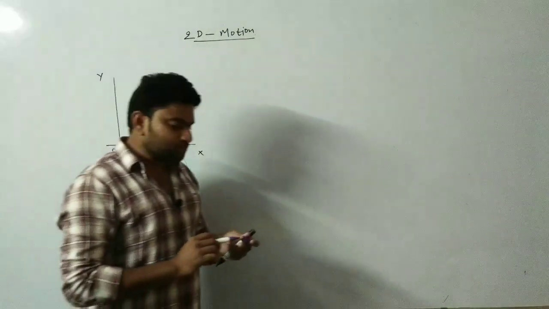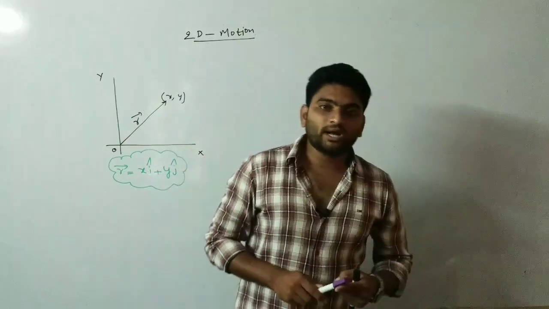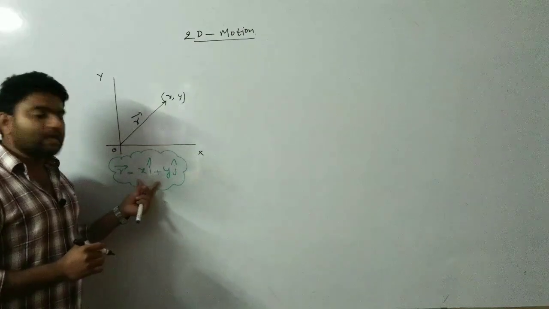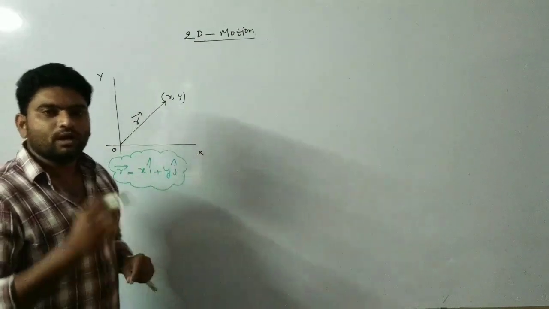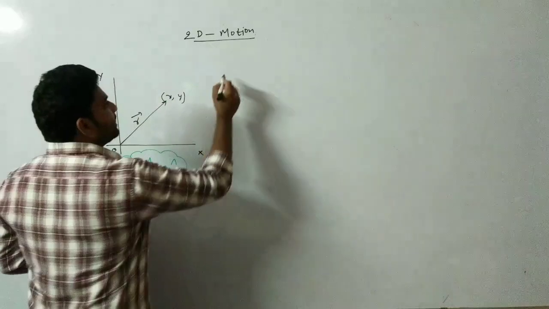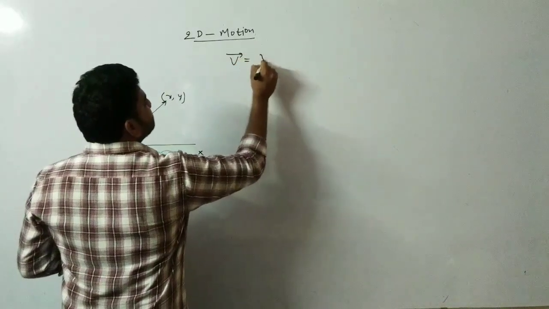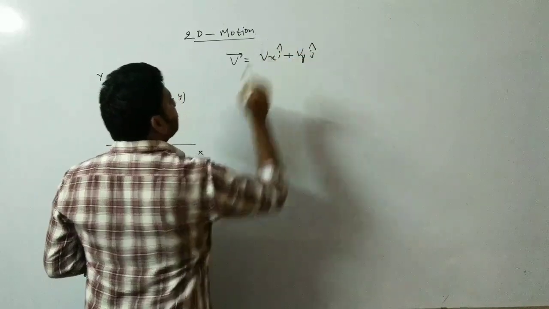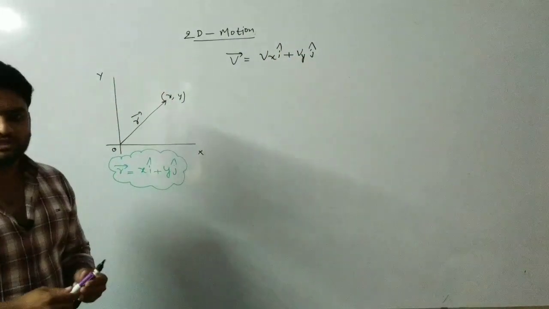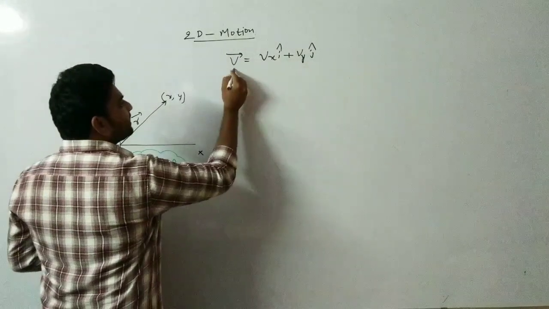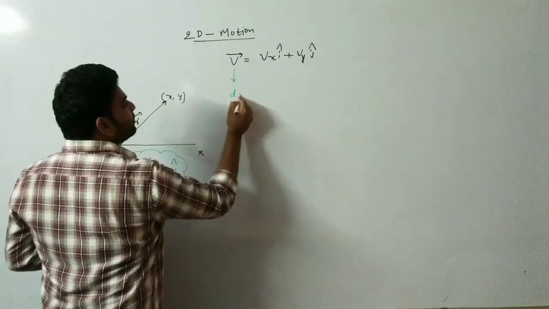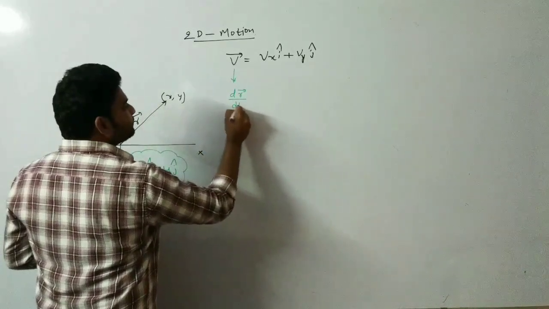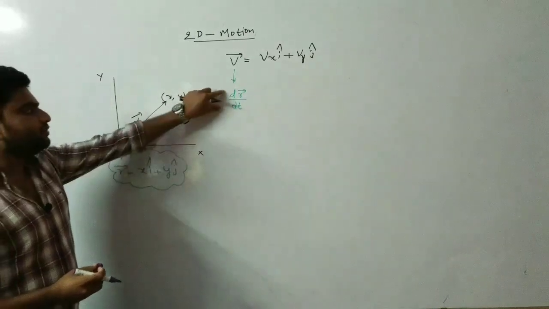And we are also supposed to calculate the velocity vector and the acceleration vector. Since we found the position vector, with the help of it we can find the velocity vector. Generally a velocity vector can be written as Vx into i cap plus Vy into j cap. How can we find the velocity vector? Velocity is the derivative of the displacement vector, that is dr bar with respect to time, dr bar by dt.